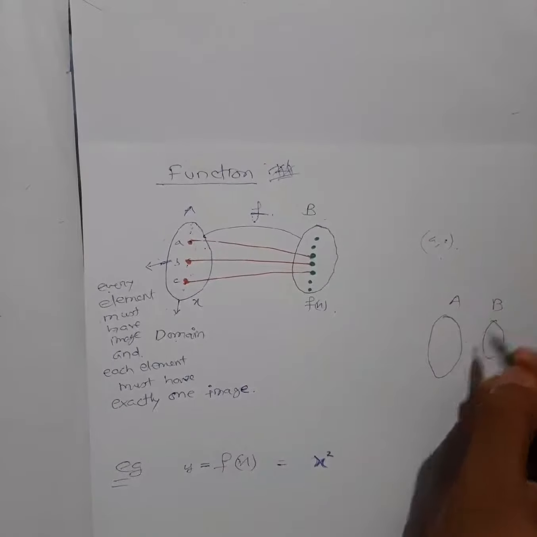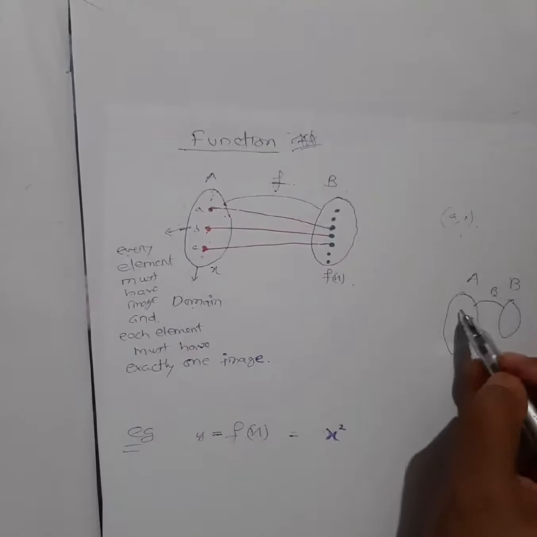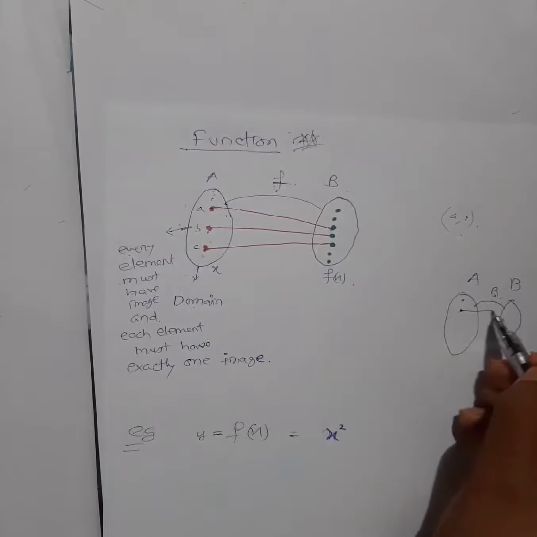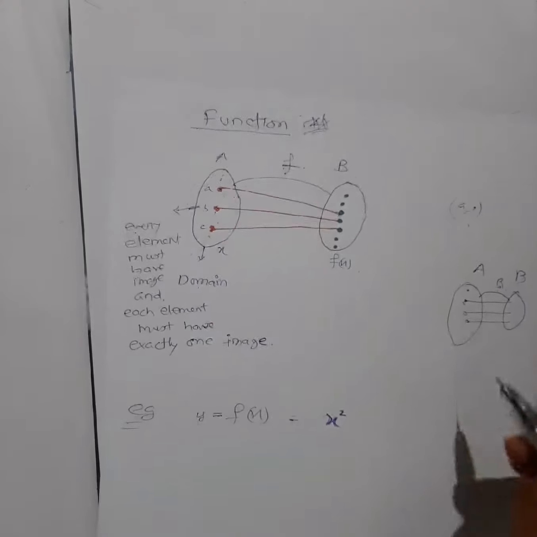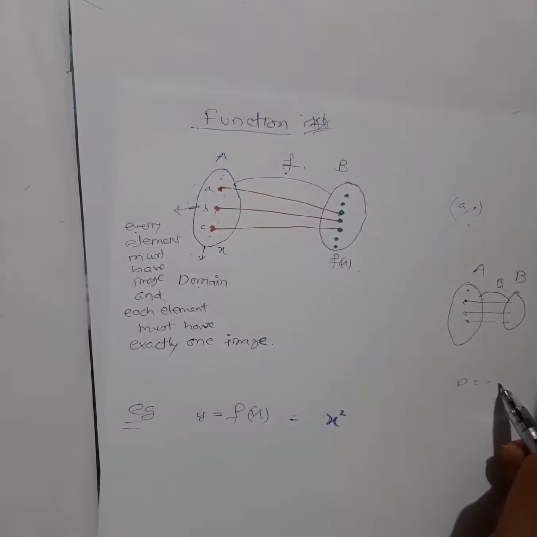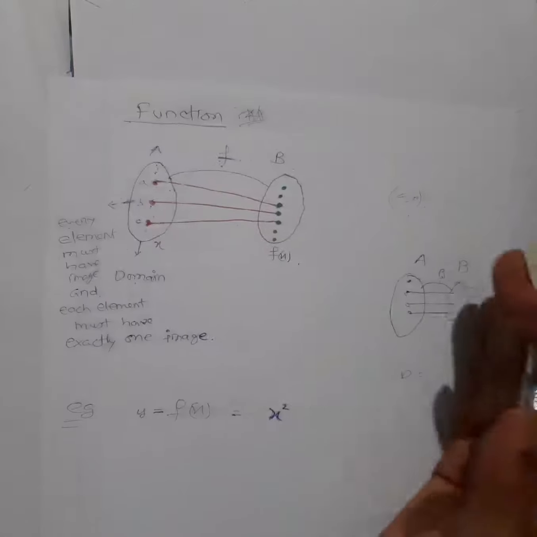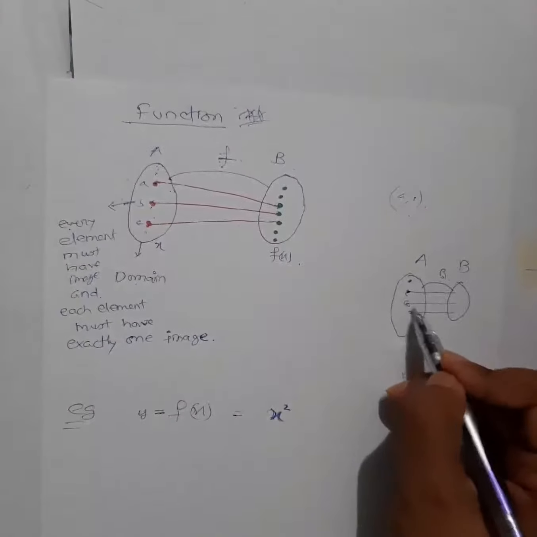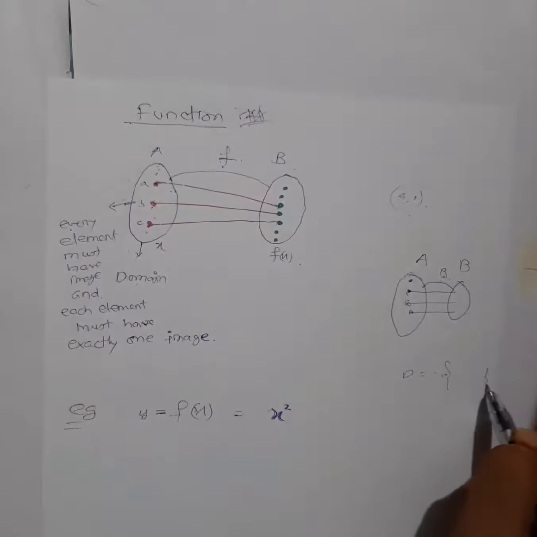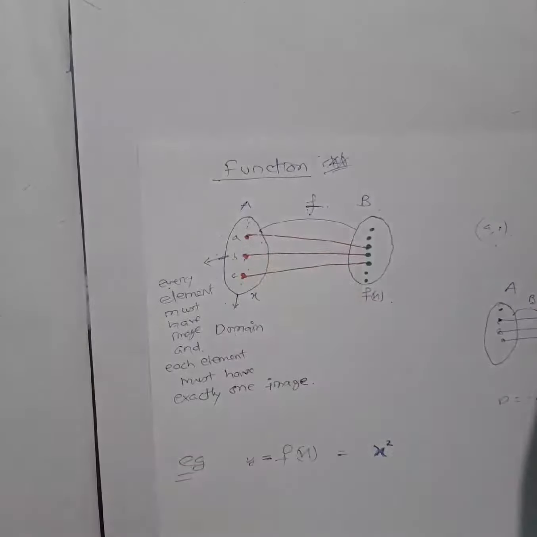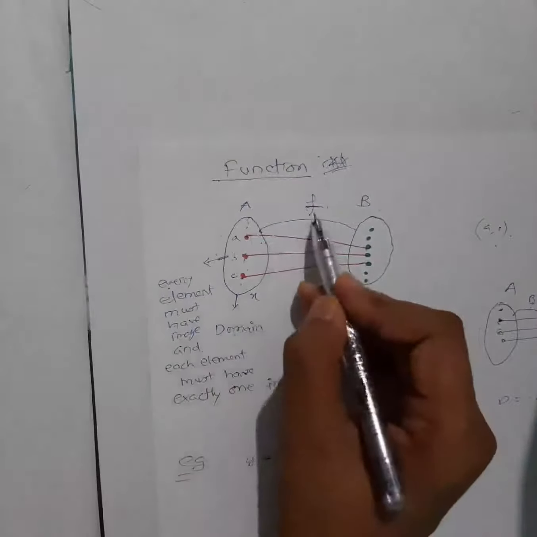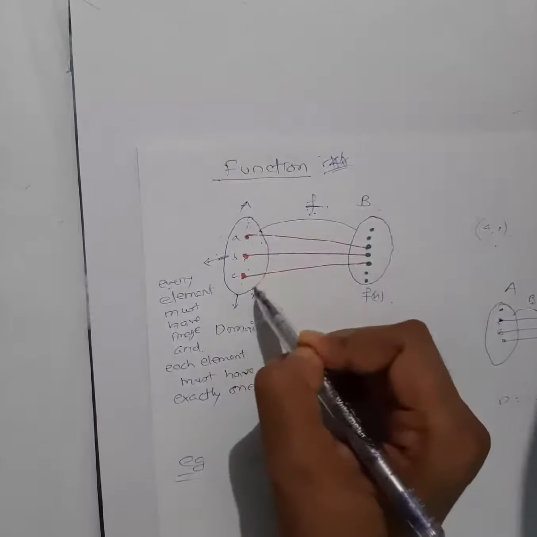If you have to define a relation from A to B, it is not necessary that A will be your domain. How did we used to find the domain? Whichever elements are related, those elements we used to write down as the domain. So in that case A is not the domain in the case of a relation, right? Because we used to write selectively in the domain set. But in the case of a function, it is compulsory that your first set must be the domain, otherwise it is not a function. So the function's first condition is that all elements here must have an image.